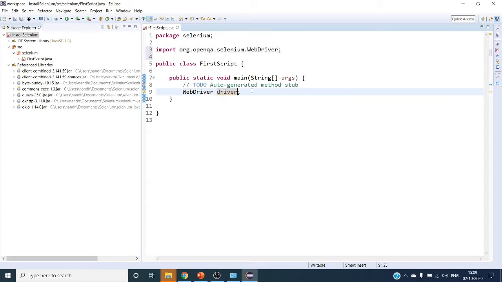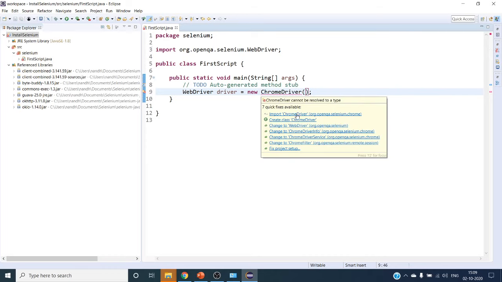Now let's create one script using Chrome driver. So driver is equal to new ChromeDriver. Now we have to import this particular ChromeDriver class as well.